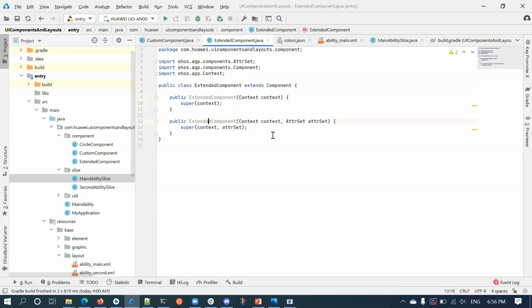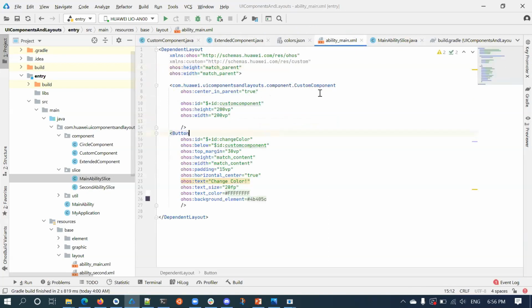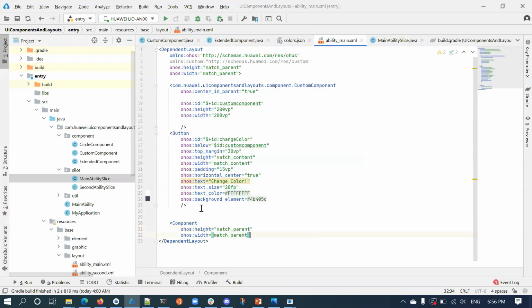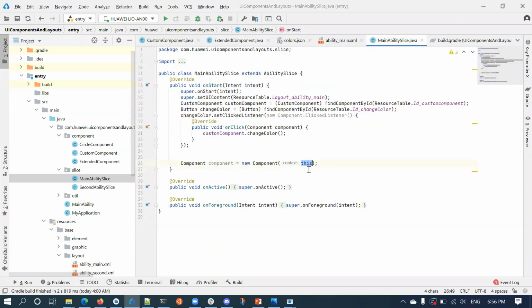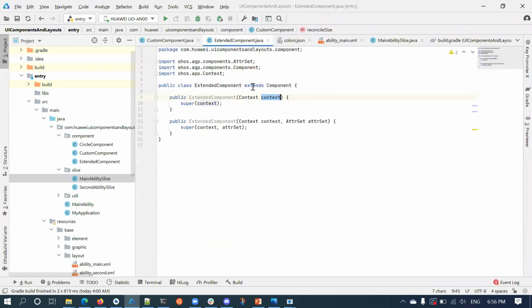When it is created from XML, like this, if I create a component here, it will call the second constructor along with one more parameter. Here I am passing the context as the first parameter. Similarly, for the second constructor, there is one more parameter called attribute set.